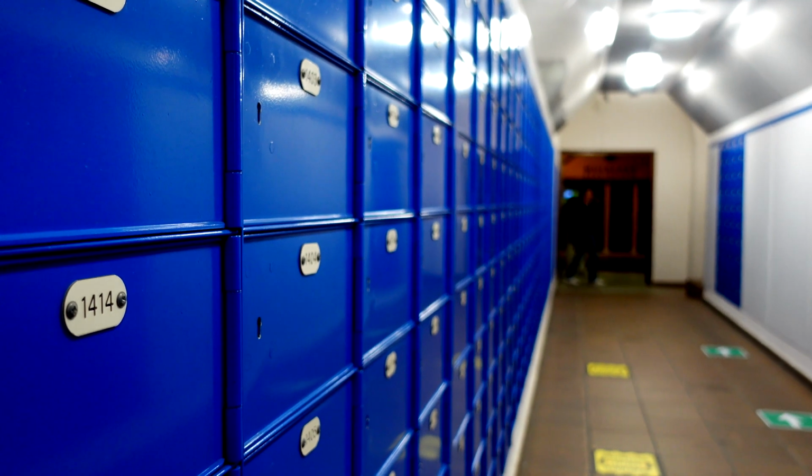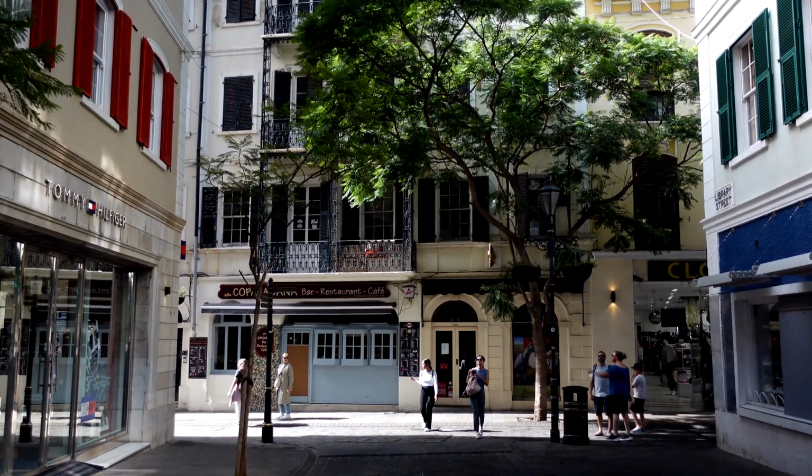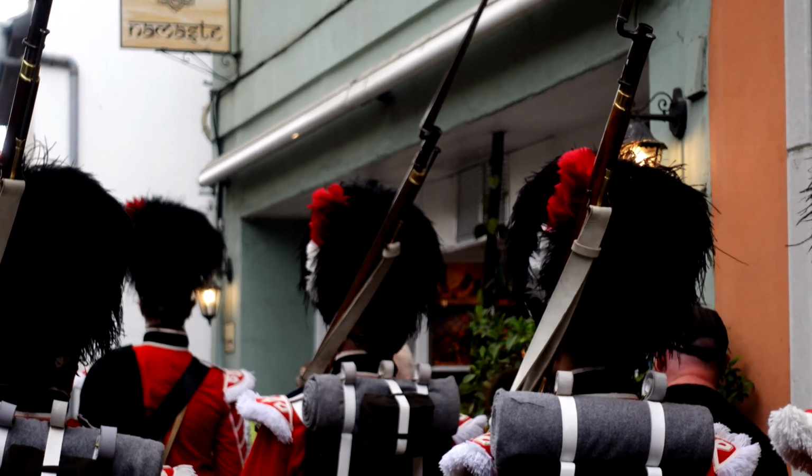Downtown, it reminds me of Great Britain without a doubt. Lovely houses and squares. And on Saturdays...